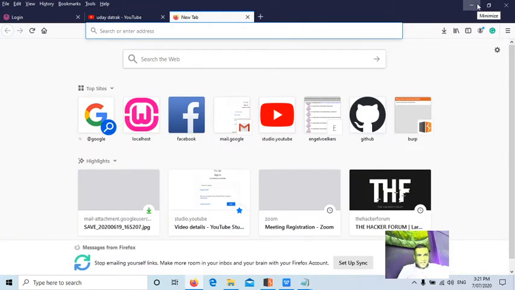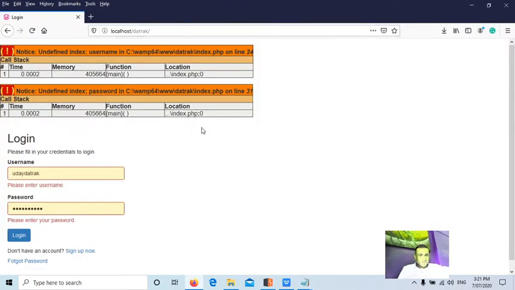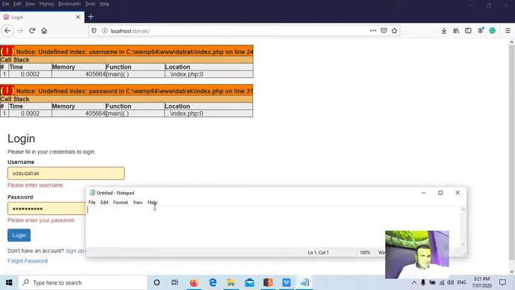Now let's check for another issue called weak session randomness. The name itself says that we are trying to check whether the session IDs are generated properly or not. Let's say the session ID is this one, around 28 characters. When you enter the username and password and the next time it creates the same session ID, that could be an issue, right? So we'll try to generate 10,000 session IDs and see how random they are. We don't have to check manually, there is software for that.